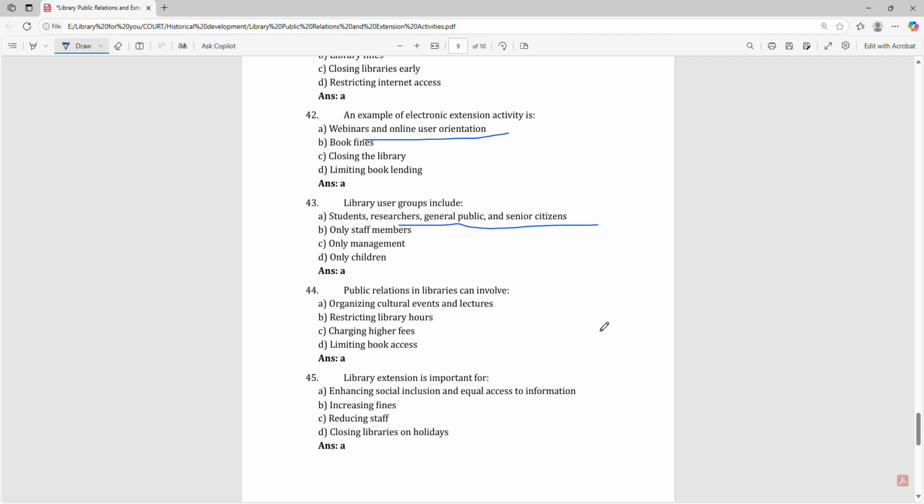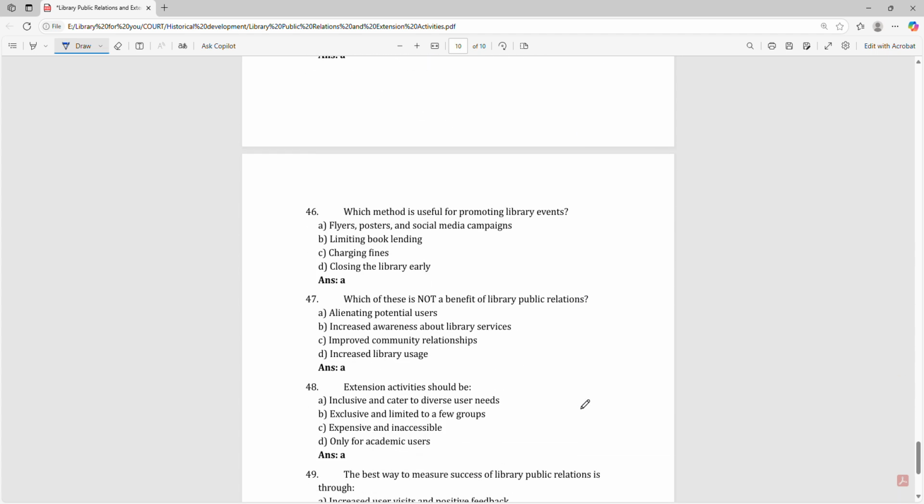Public relations in libraries can involve organizing cultural events and lectures. Library extension is important for enhancing social inclusion and equal access to information. Which method is useful for promoting library events? Flyers, posters and social